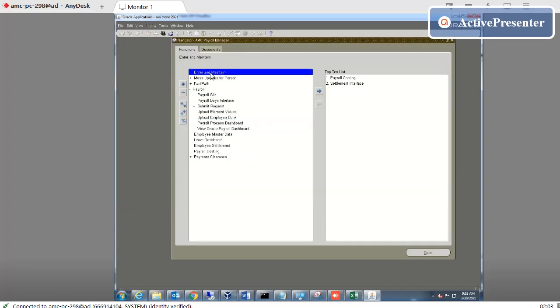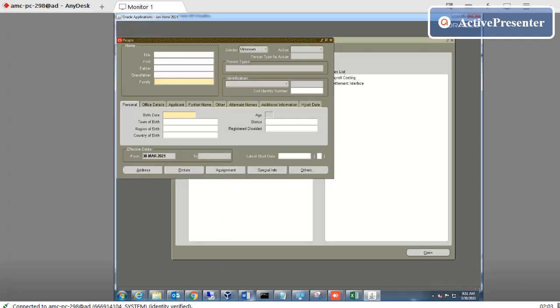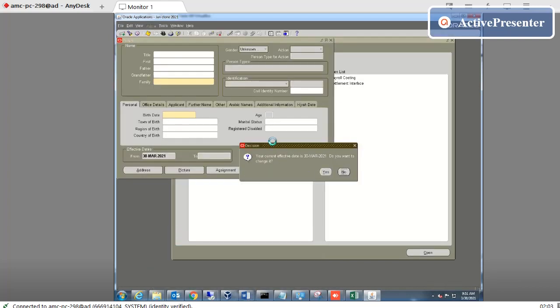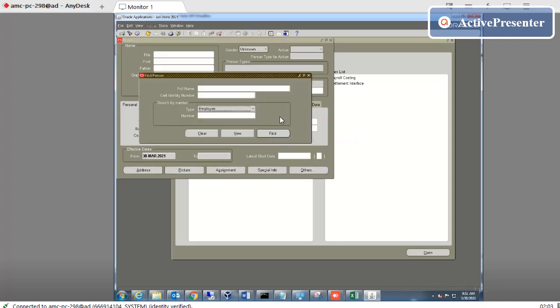Let me show you here. When they click here, 5674, I type 5674, I press this one.